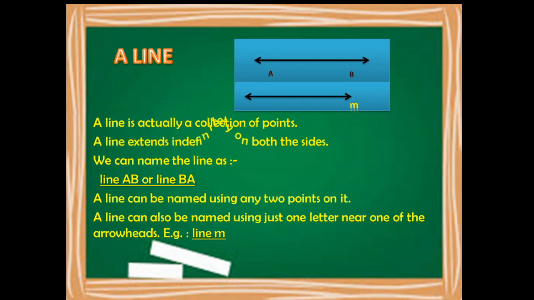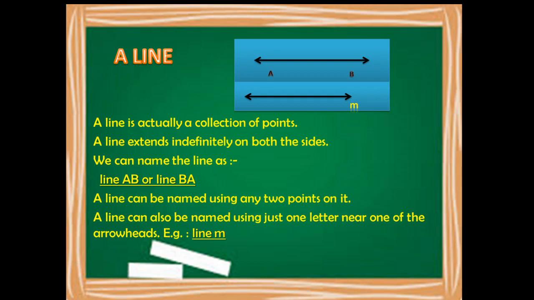That means I have 2 points A and B written on the line. Now these A and B are the 2 points on either side of the arrowheads. What is extending indefinitely? That means I can extend my arrow from point A to the left side to whatever measure I want. Even I can extend the arrow after point B to whatever measure I want on the right side. That means there is no definite measurement or end point in the line. I can extend the line to whatever length I want.